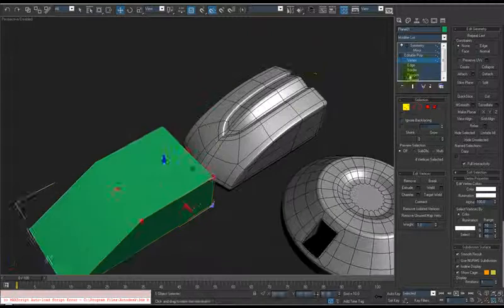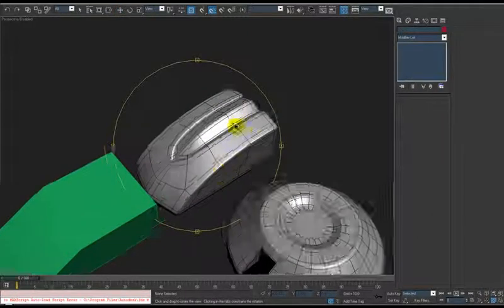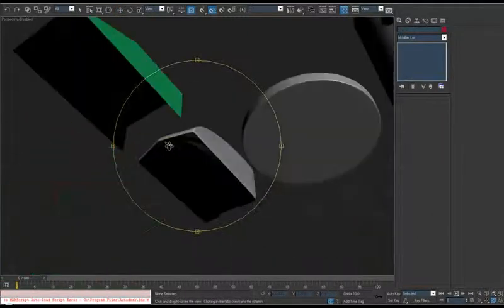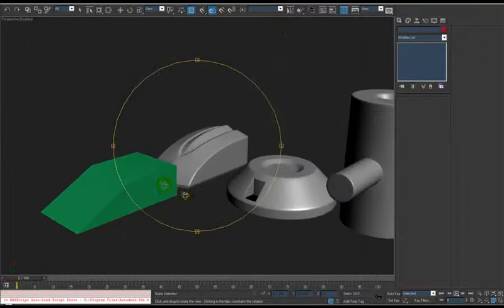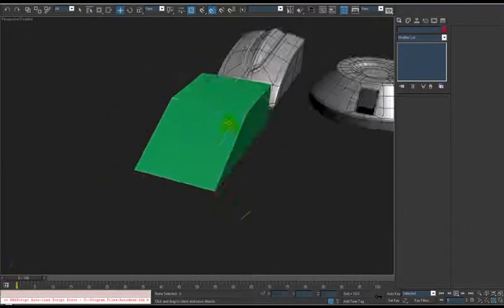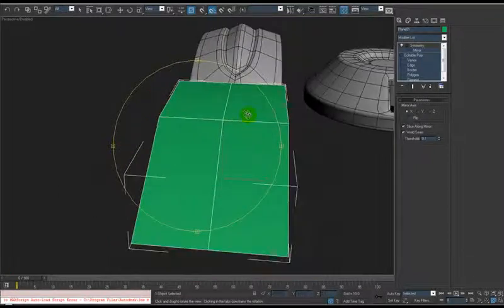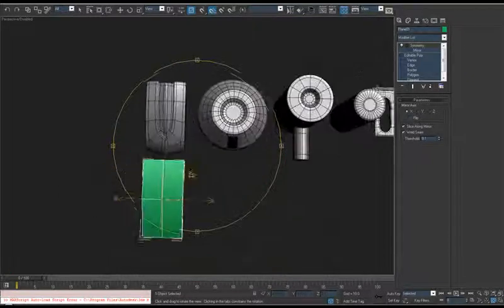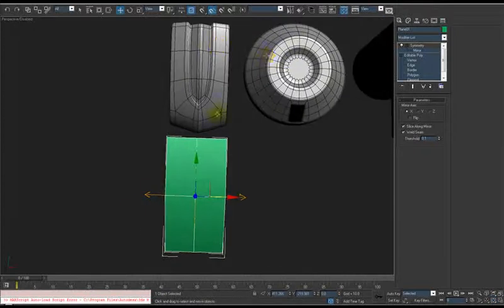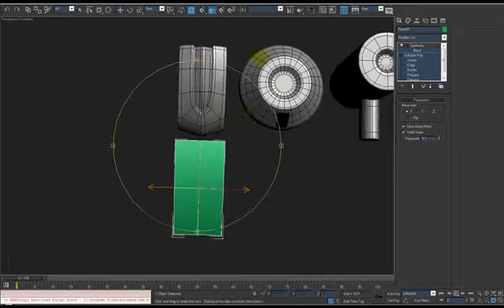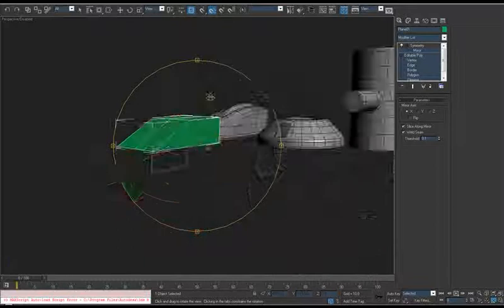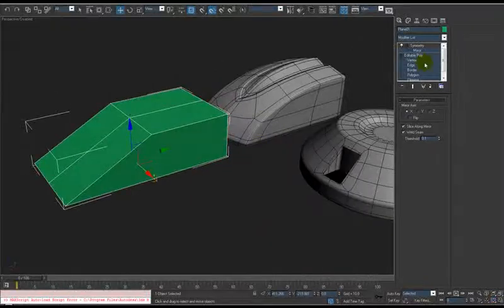You can see with planes, you'd probably assume that was done with a box or something like that. It's all done from planes, and you can really quickly block out primitive shapes with planes anyway. So I don't see the point of using box modeling for anything really. I mean, cylinders are another problem because you've got to keep it all mathematically correct and stuff. But